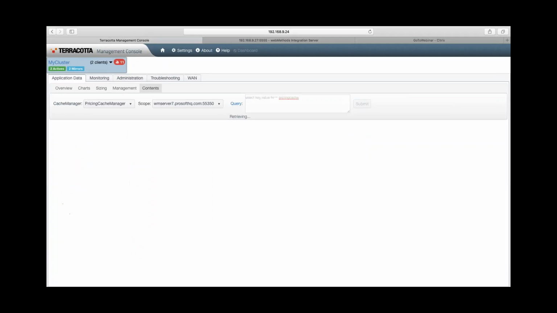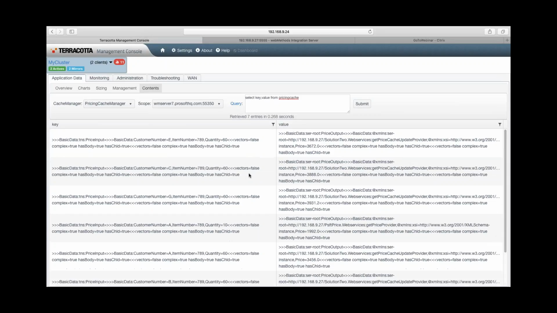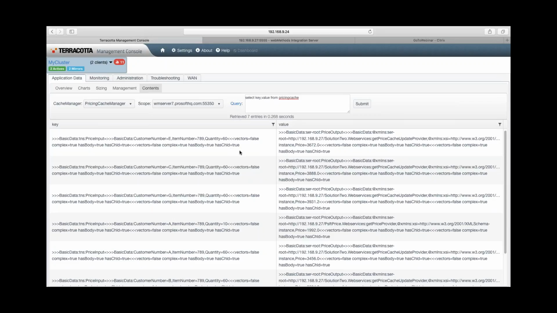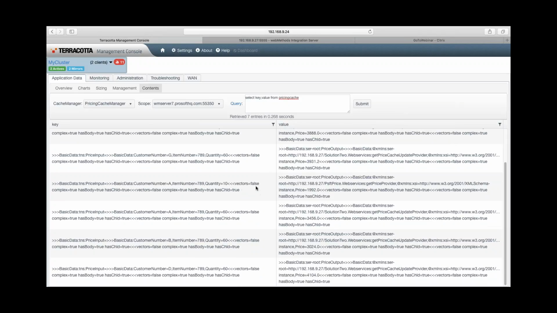updating the cache. This is the Terracotta management console. As you can see, the cache is updated. There are a lot of key value pairs because of the update from the pricing table. So the pricing table is updated with one row. The update service got the data that is updated in the pricing table, and it went to the customer data source, got all the possible entries in the customer data, and it combined the data from the customer data source and the pricing data